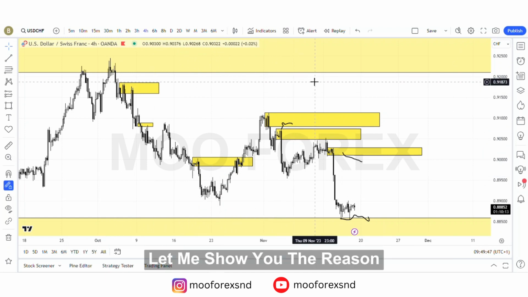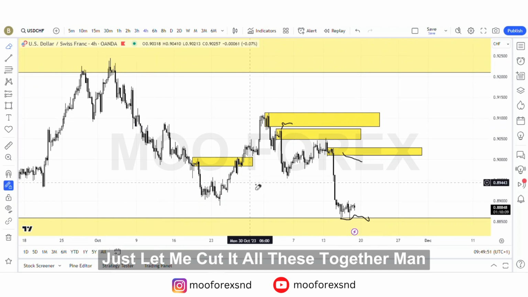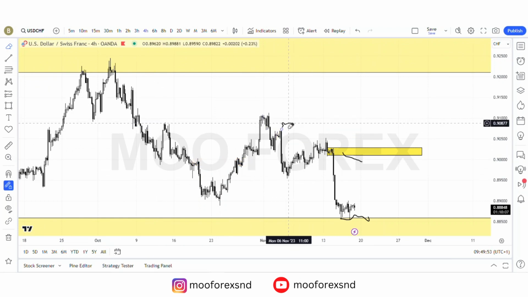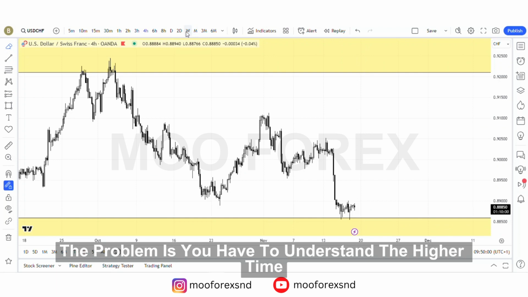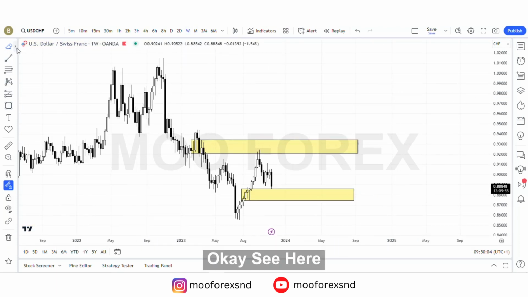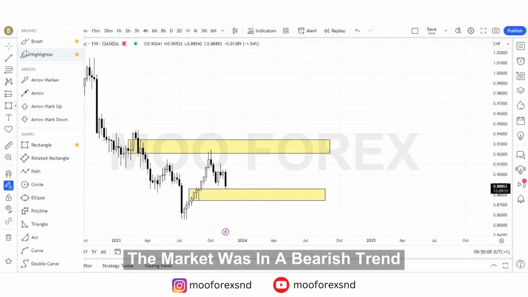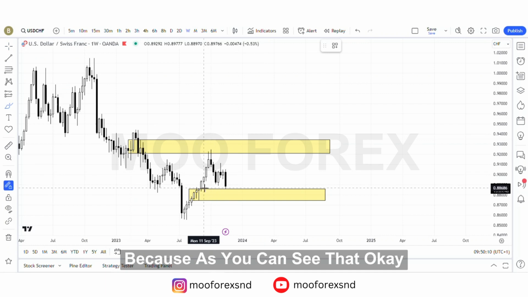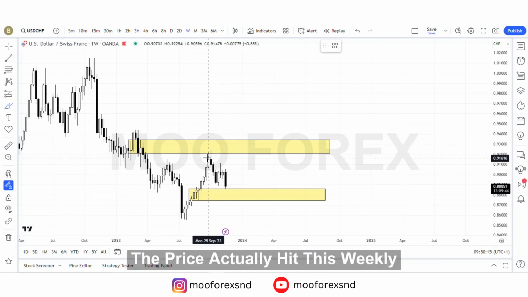Let me show you the reason. Just let me cut it all together. Oh man. Yep, let me delete everything here. Okay, see here, the problem is you have to understand the higher time frame. Because in the higher time frame the market was in a bearish trend, because as you can see, I'm not in replay mode, I'm in a live chart. As you can see, the price actually hit this weekly